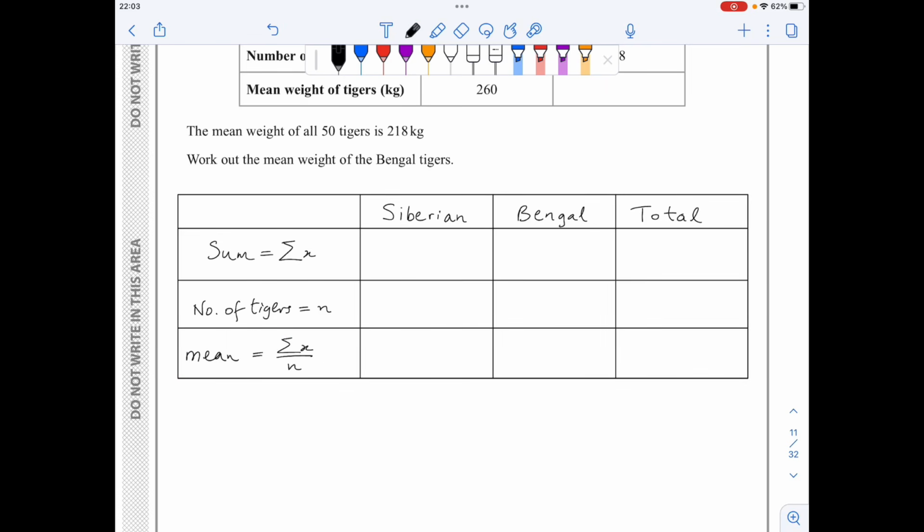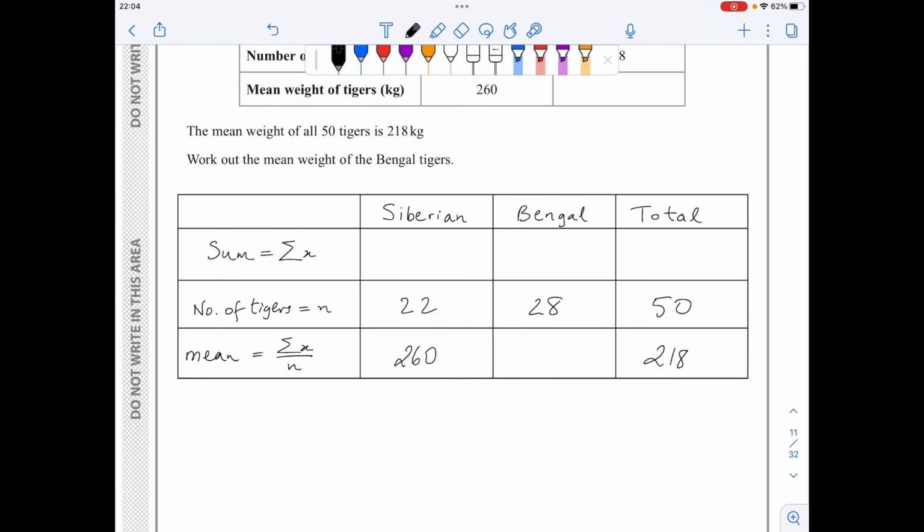So far we know that the number of Siberian tigers is 22, the number of Bengal tigers is equal to 28, hence the total number of tigers is equal to 50. I know that the mean weight of the Siberian tigers is equal to 260, and the overall mean of 50 tigers is